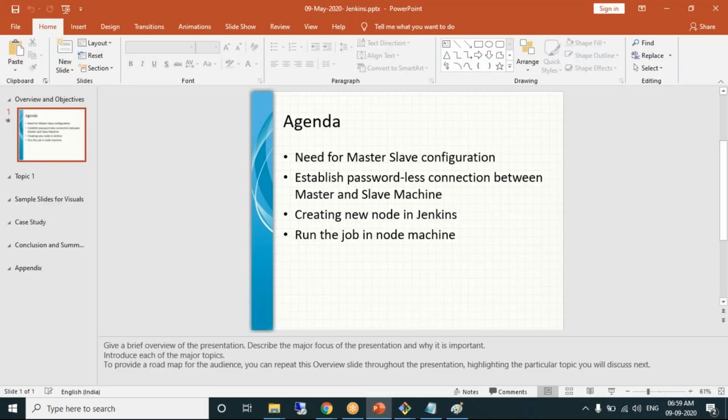Why should we do it? These are the steps to establish master slave configuration in Jenkins. Most important is that the passwordless connection should be established. That's it. Very simple, a guaranteed question.